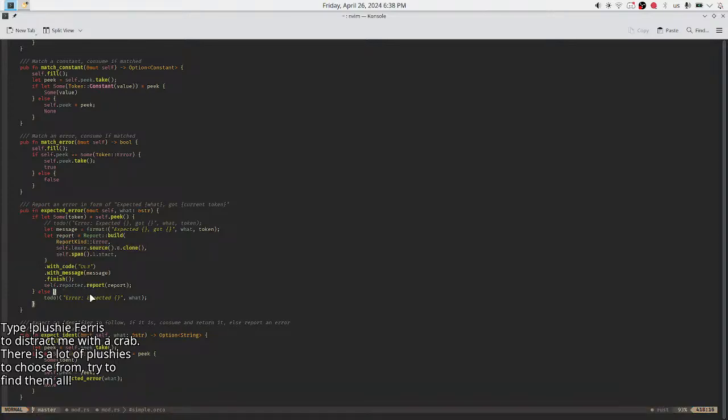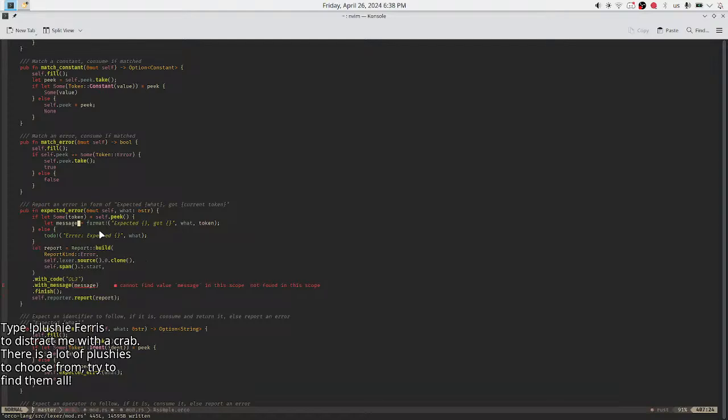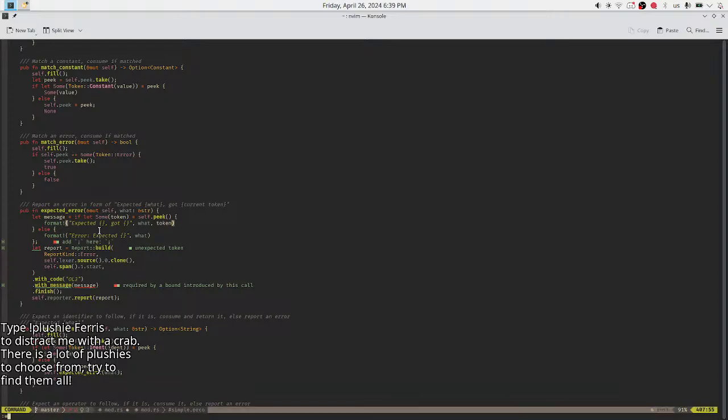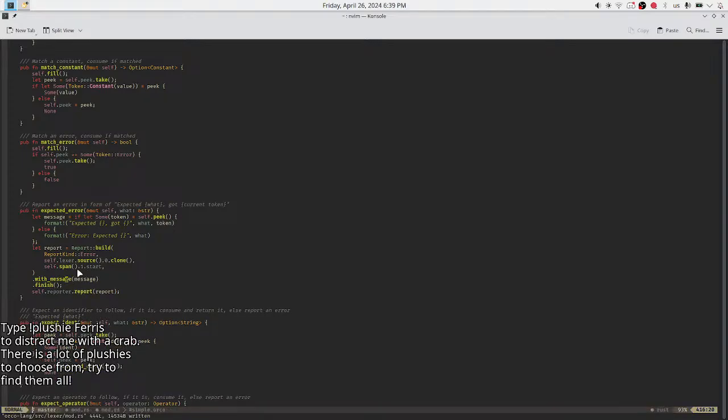So we've got a report. Let's do a similar one. Actually, let's move this out. Paste. And message will be here. And this will be format. And this won't have a code, because why?